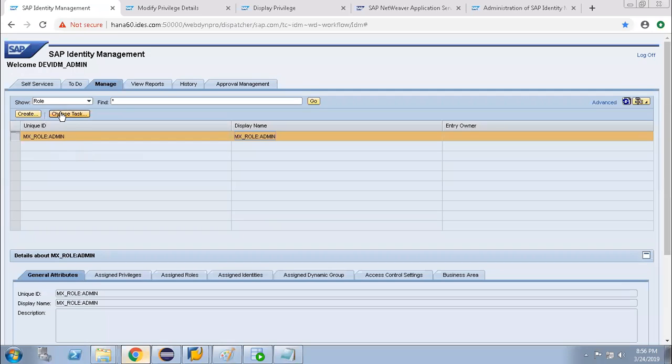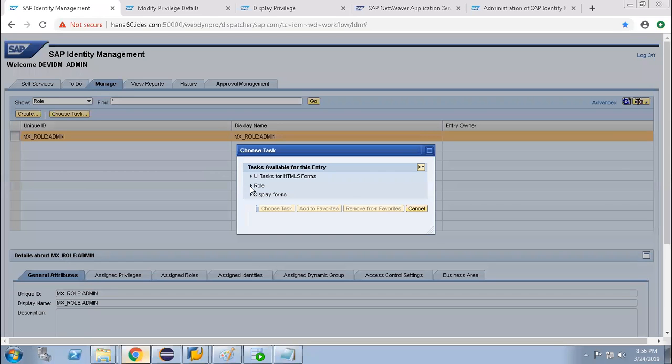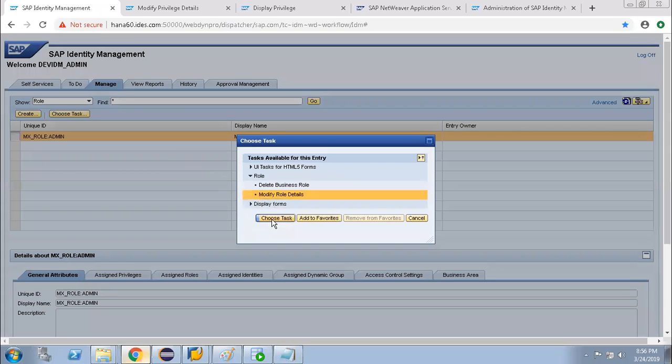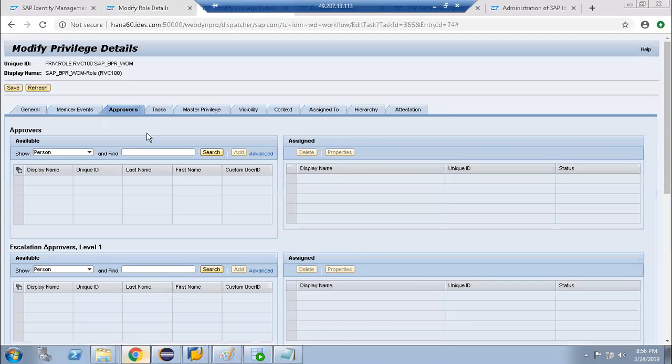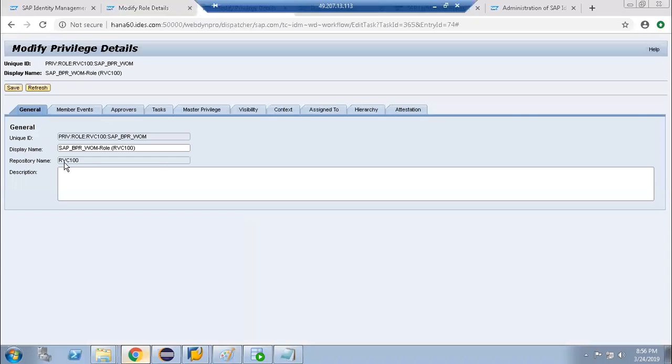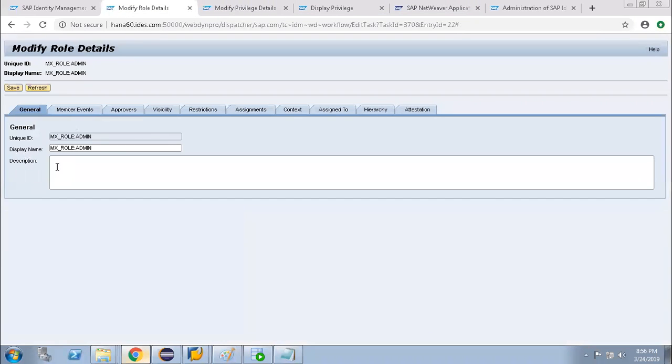If you go to modify role details, here also you will see almost the same things, the role's name, but the basic difference is the repository name. Roles don't depend on the repository, correct? Roles in IDM are a box. Correct.